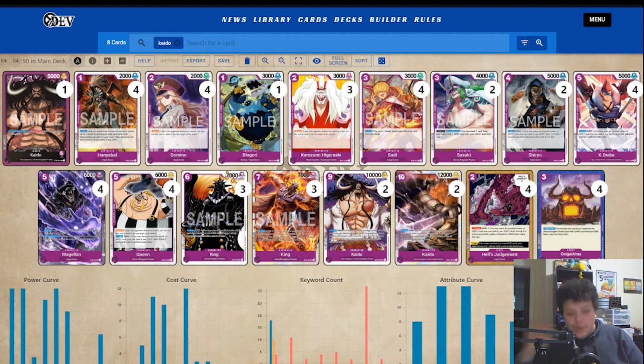Next up, we're running 3 copies of 7-cost King. King is just an absolutely great card in this matchup. This deck's hardest matchups are probably Smoker and Zoro, and Smoker does tend to play things like Kobe, which King just really easily handles, and it gets rid of some of their blockers. It's pretty nice into the Smoker matchup, but the main reason we play this card is for Zoro, which just